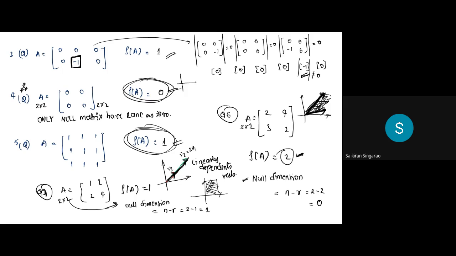So what will rank show? Rank will simply show the number of linearly independent vectors. Here, two linearly independent vectors are there. Here, one linearly independent vector is there. Here, 0 linearly independent vectors are there. Whatever I told you, 2 dimension has to become 1 dimension, 1 dimension has to become 0 dimension. The same thing in maths terminology: if they are forming a sheet, that means 2 are linearly independent. If they are forming a line, that means 1 is depending on the other.